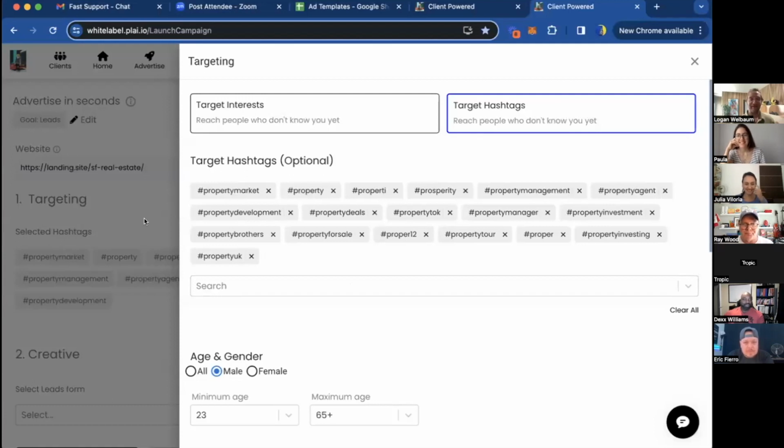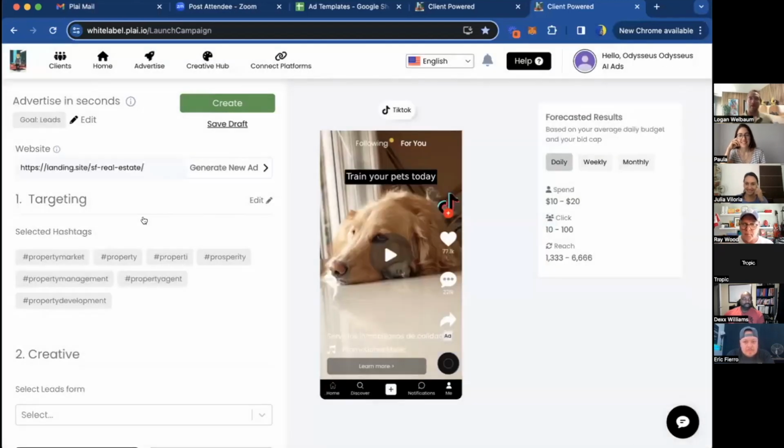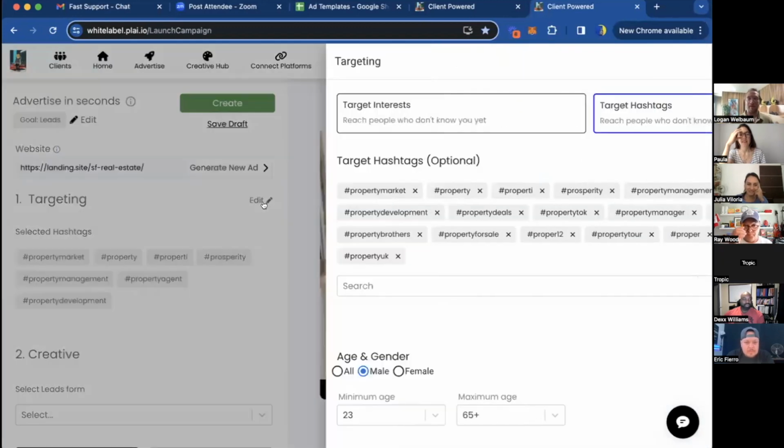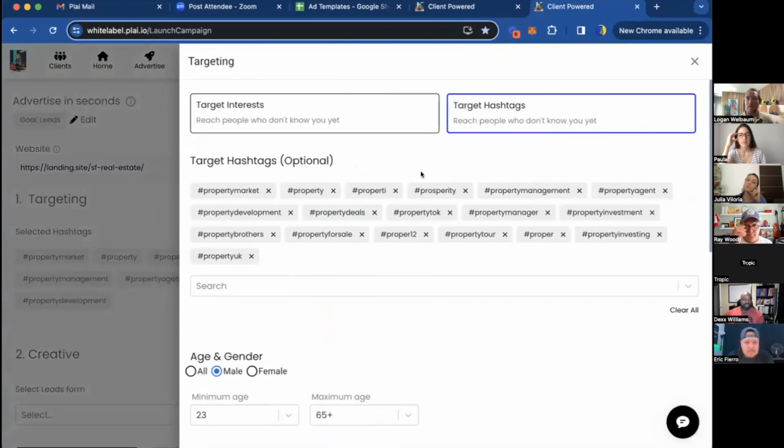Yes. Okay. So for TikTok, what's going to work best if you do targeting is the hashtag targeting, because this is reaching people who have engaged with an organic video on TikTok that has these hashtags on it. So you're already reaching people who have watched a longer duration or liked or commented on a video with these hashtags. So this can work great.